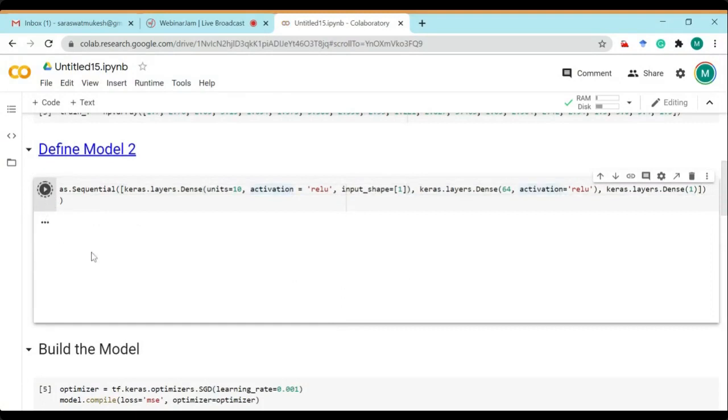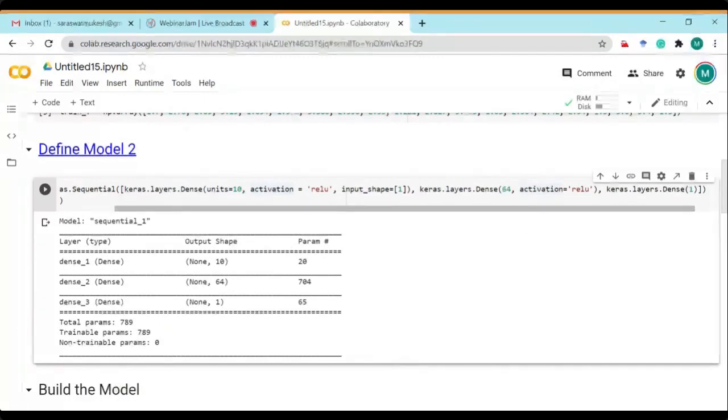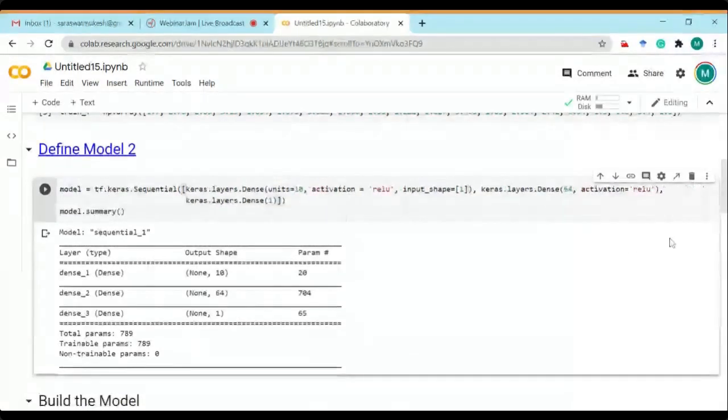Now if we execute these two, you will see the model summary. For simplicity, we can press the enter sign and it will automatically take these values. Here we have created three layers. The first layer contains 10 neurons, the second layer contains 64 neurons, and the last layer contains one neuron.